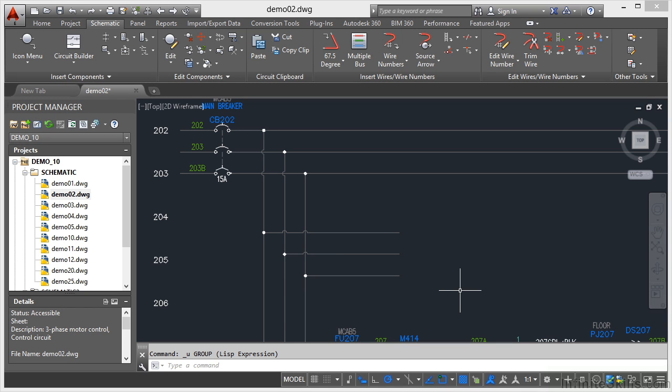Trimming wires in AutoCAD Electrical is a little bit strange if you're used to a regular trim in AutoCAD. Normally you specify a cutting edge and you trim back to that cutting edge. What you've got to realise with AutoCAD Electrical is you're trimming back to an existing wire. We've stayed in the drawing